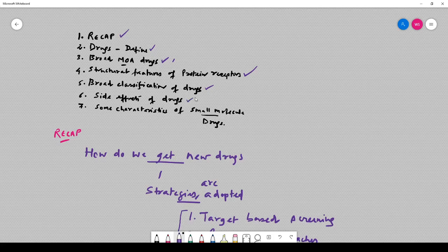Then we broadly classified the drugs as small molecules and large molecules, which we call biopharmaceuticals or biological drugs. Then we talked about side effects of drugs. We said that off-target effects are responsible for the side effects shown by drugs. Then we talked about some characteristics of small drug molecules, where we discussed some filters. We talked about the most important filter, which is Lipinski, and we looked at other drug filters. Okay. So with that,